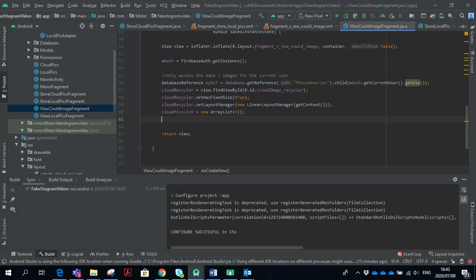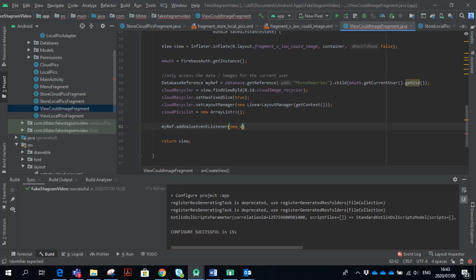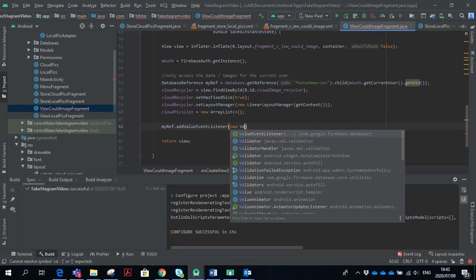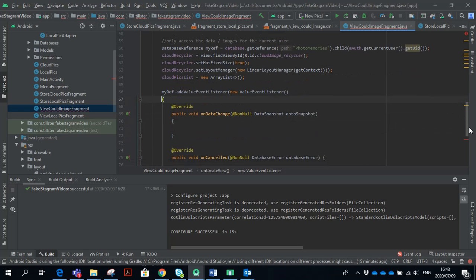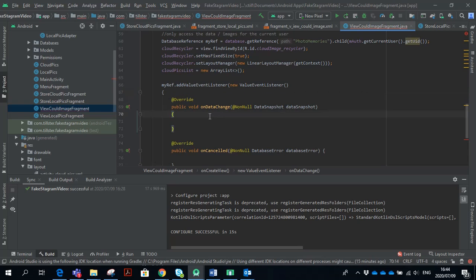Now I think we have all of it in there. I don't think we've missed anything. So we're now going to say myref dot add value event listener, new value event listener. We've worked with these plenty before, so you should be pretty comfortable with them from first semester. We've added a new value event listener, and inside here we're going to do an advanced